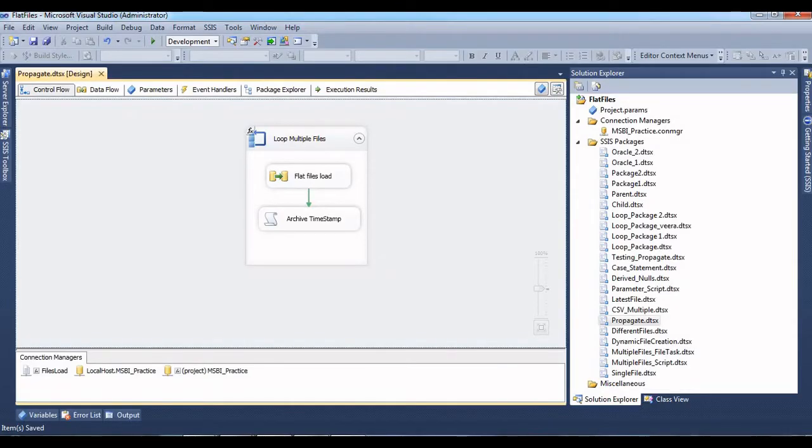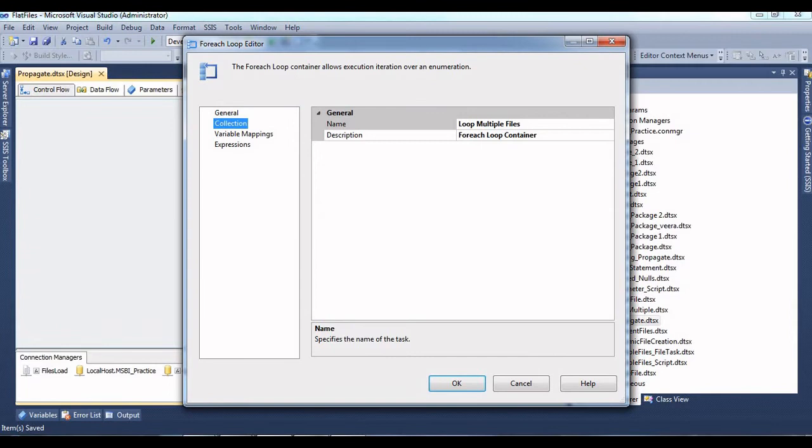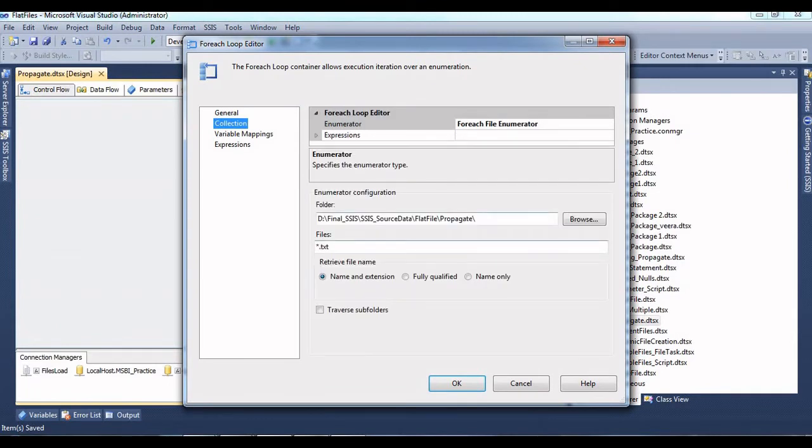For time, I have already designed the package, so I'm going to explain each and every step that I've done here. This is the for loop container, this is the data flow task, and this is the script task. What I'm doing here is, by using the for loop, processing multiple text files into the database.